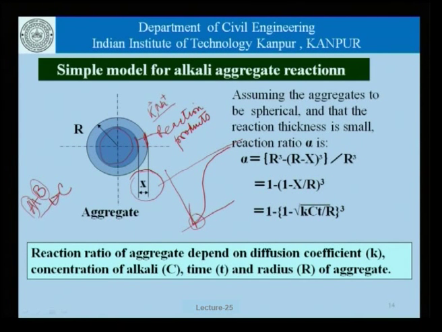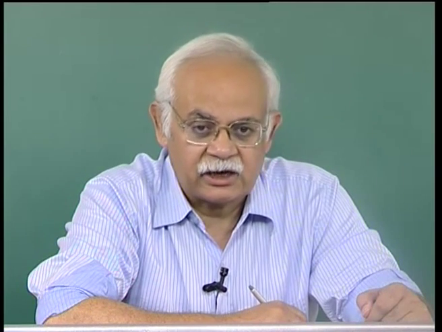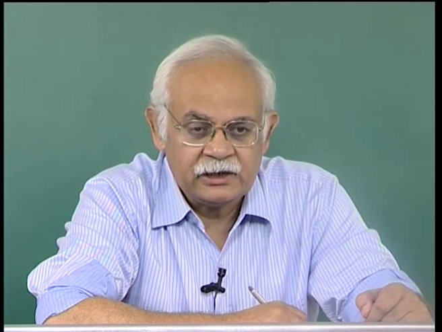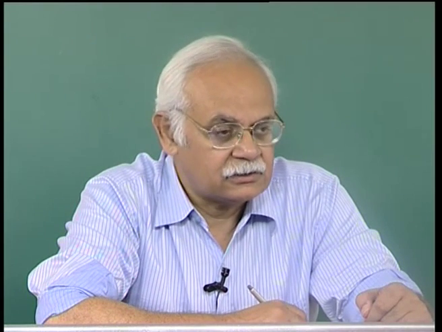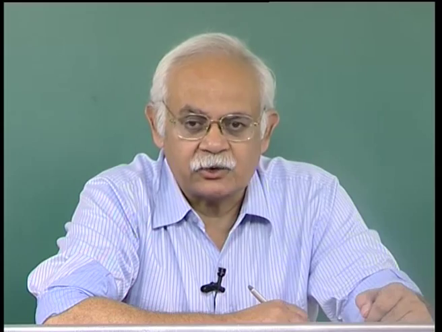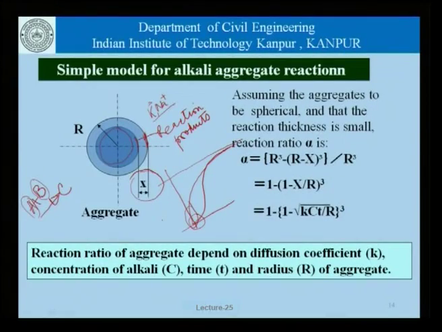There is another characteristic, depending on what the aggregate configuration is, the rate of reaction is very rapid initially, and that also can be built into the model that we talked about, when we say that initially the surface area available is large and the reaction proceeds rapidly, but as the reaction proceeds, its rate slows down as it becomes more and more difficult for the alkali ions to diffuse into the aggregate and bring about further reaction. So, with this kind of discussion, we can